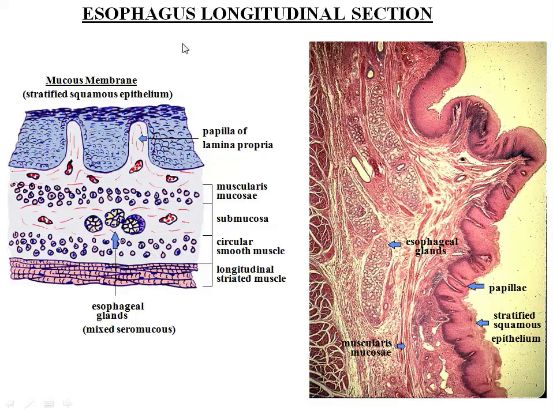Okay, again this is now a longitudinal section to reveal the detailed structure or histological structure of the wall of this esophagus. So from the internal portion, from here we'll start. That is the mucous membrane, the stratified squamous epithelial portion is here, and these are the outgrowths of lamina propria. So that way they support the layer of this mucous membrane, and in this lamina propria there is an opening